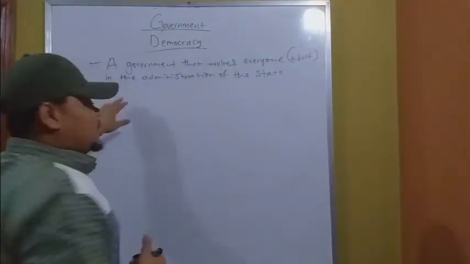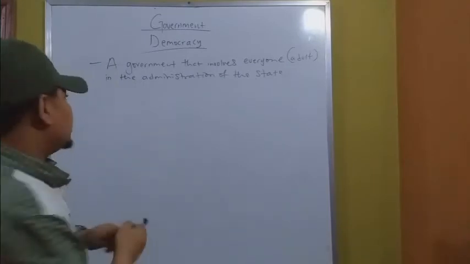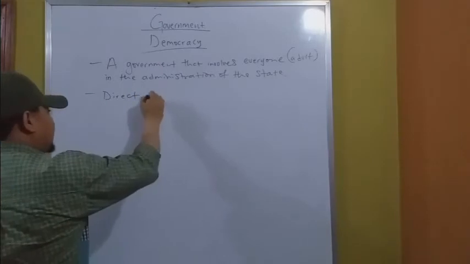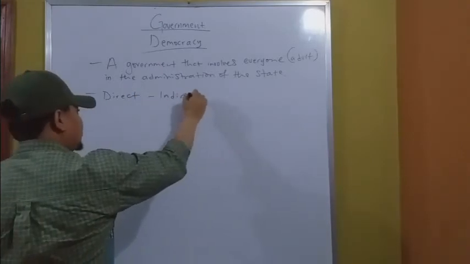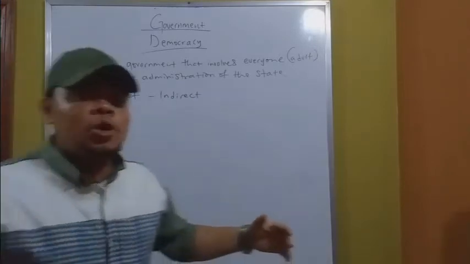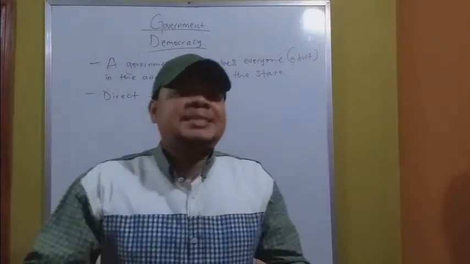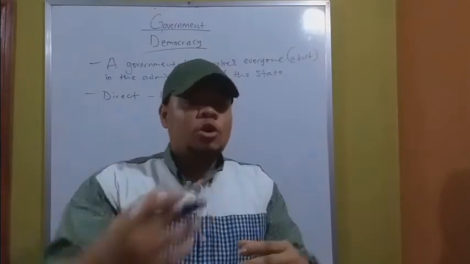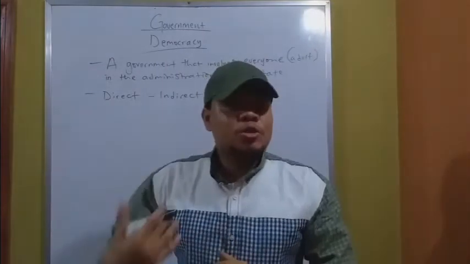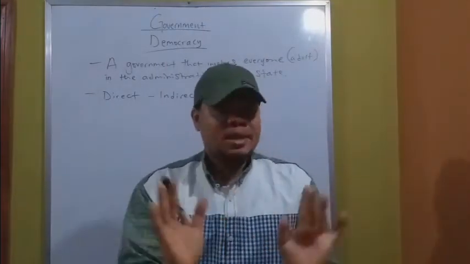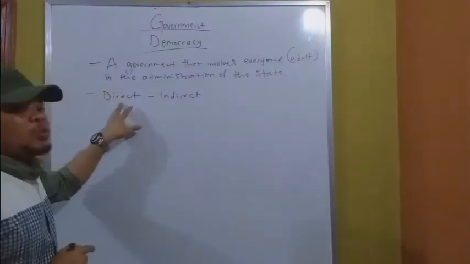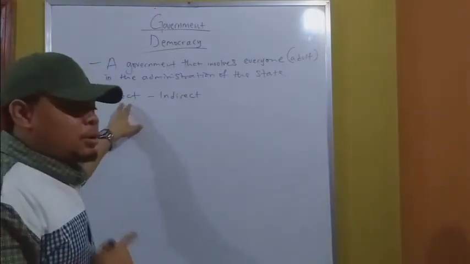Now, democracy is of 2 types, 2 major types. We have direct democracy and we have what? Indirect democracy. Now, when democracy is direct, it means everybody comes together to everybody assemble in one place to discuss governance. When everybody comes together in one place to discuss how to administer themselves, that kind of democracy is called what? Direct democracy.